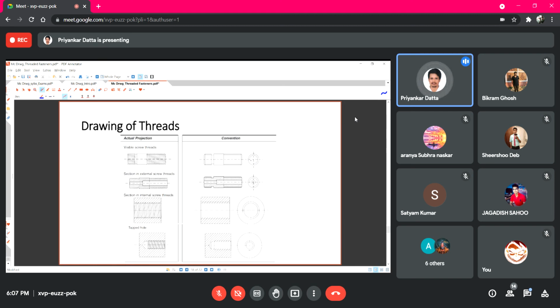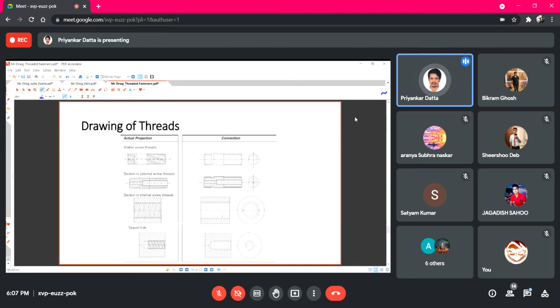So here you notice that for external thread, the major diameter is drawn using a full circle and the minor diameter is drawn using a 3/4 circle with some extensions, right? So this indicates it is having external threading and the minor diameter is inside.